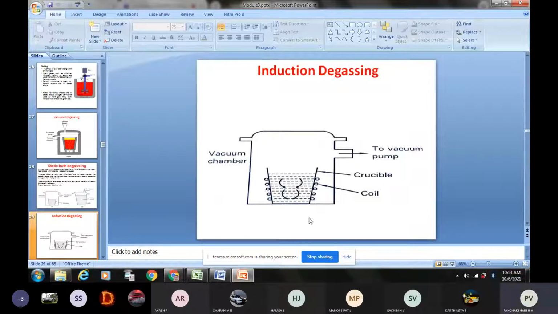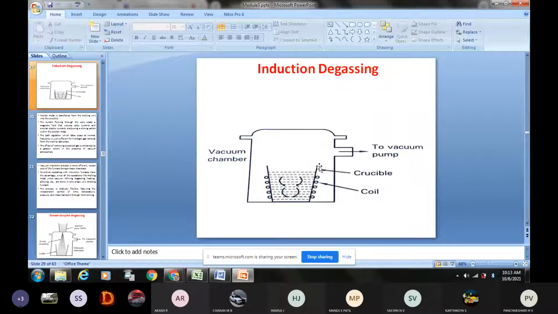So now you can see this diagram. Same thing here also, vacuum chamber is maintained. This is the vacuum chamber. This entire outer chamber is the vacuum chamber. The purpose of the outer casing or outer chamber is to maintain vacuum within the chamber. I would like to ask a question now.